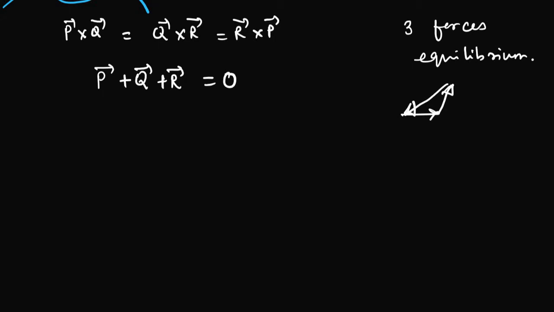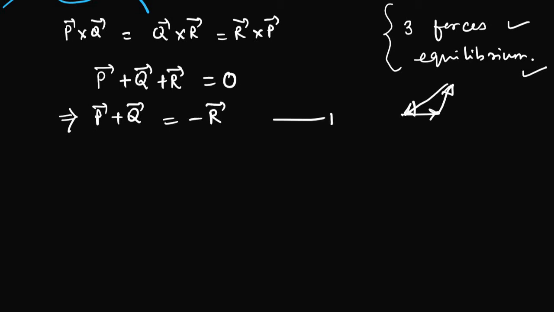Now if that's so, according to this statement, first we derive P vector plus Q vector plus R vector equals 0, and that means P plus Q would be minus R. This is the first equation, and this is the second. I want to write it here like this. Now what I'll do, I'll take the cross product with P. Okay, for the second equation I want to take the cross product with P.